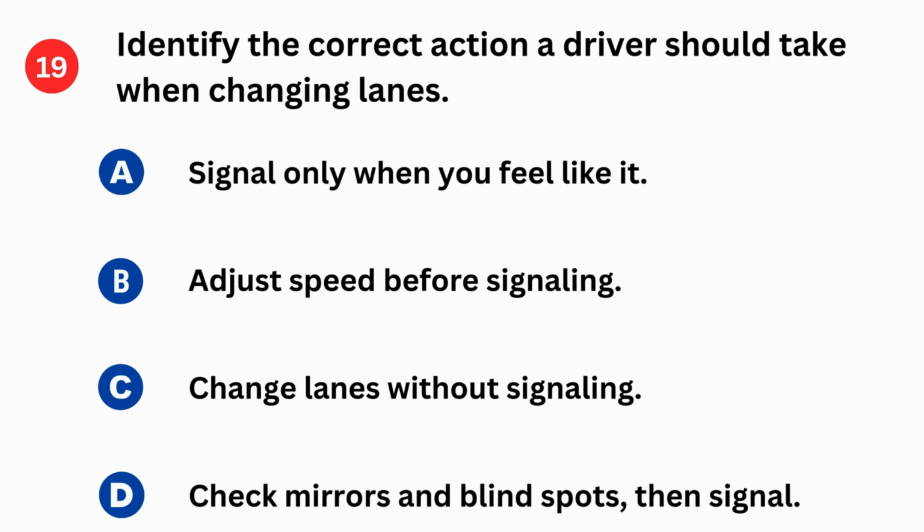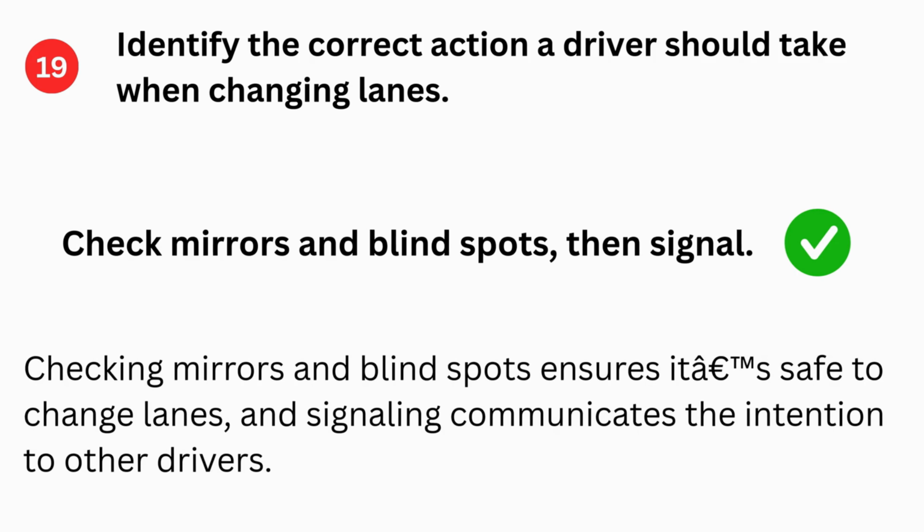Identify the correct action a driver should take when changing lanes. Options are: A. Signal only when you feel like it. B. Adjust speed before signaling. C. Change lanes without signaling. D. Check mirrors and blind spots, then signal. Check mirrors and blind spots, then signal. Explanation. Checking mirrors and blind spots ensures it is safe to change lanes, and signaling communicates your intention to other